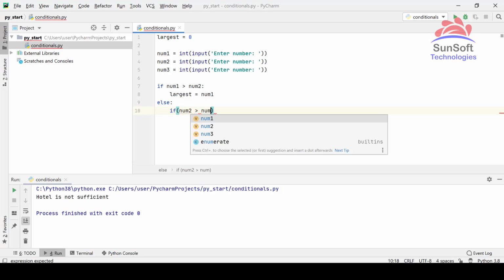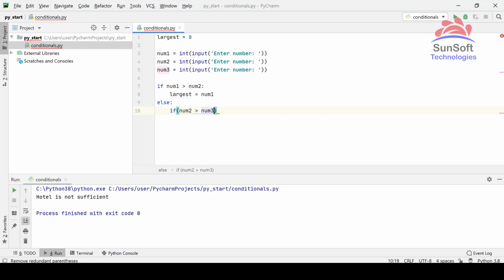So if num2 is greater than num3 as well, then num2 has to be the largest one. It doesn't take parenthesis. You can use parenthesis just to delimit, but you can do it without it as well. So now I'll just say largest equals num2.